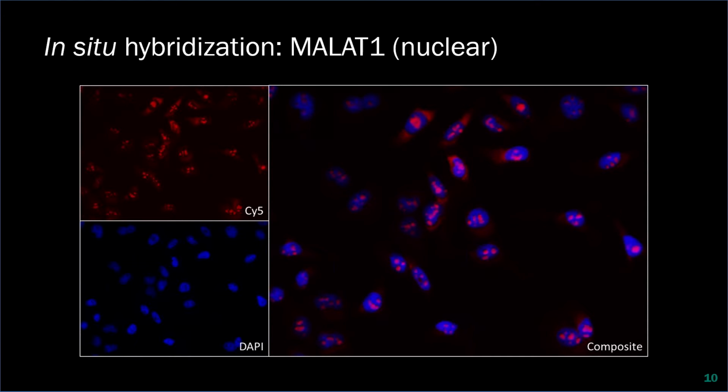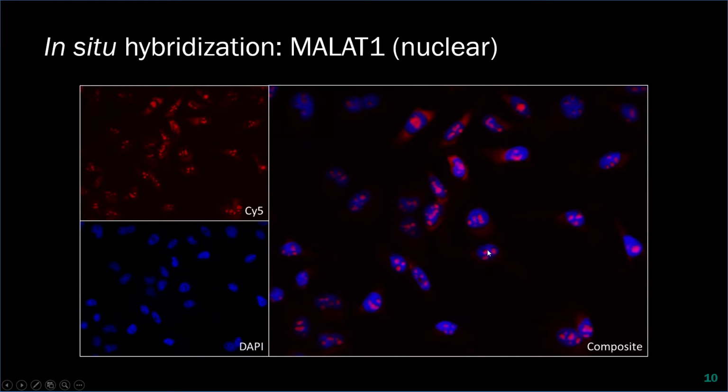There is a lot of literature which indicated localization of some of these more studied long non-coding RNAs, but we also wanted to internally validate their localization using in situ hybridization. The method that we used looked at one different in situ hybridization probe, which was dual labeled with DIG using Cy5 detection methods. And I'm going to show you a couple examples here. For MALAT1, you can see